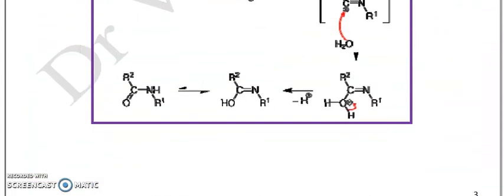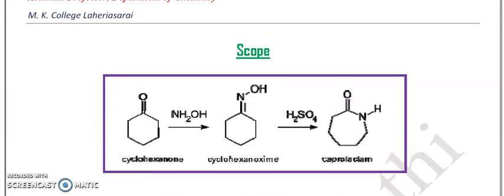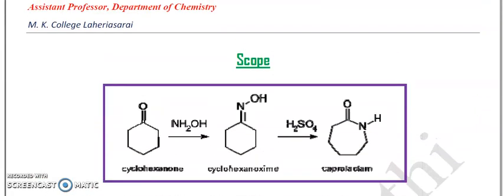How this reaction is important, you can see it has a very big application in the synthesis of caprolactam. As you all know, caprolactam is a monomer of nylon, which is a very important polymer in the fabric industry. So how is caprolactam synthesized? Most of the time you can be asked in your examination the synthesis of caprolactam, or how caprolactam can be obtained in the laboratory, or how Beckmann rearrangement can be applied for the synthesis of caprolactam.